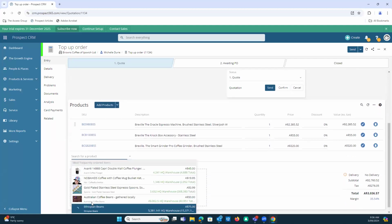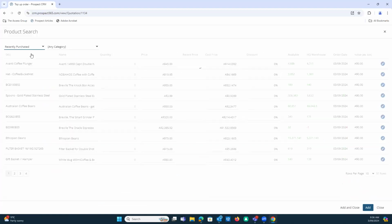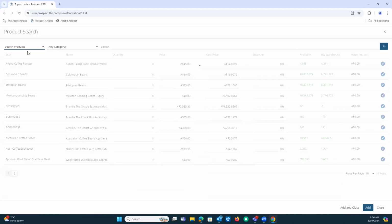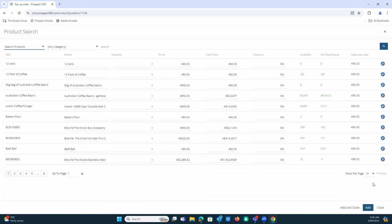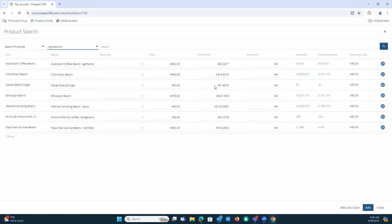And we do have another global search, which if you come and hit the search section, we give you the list of all the top products. You can either go in and choose the recently purchased items or any category, or you can go in and hit the search product. You've got close to 71 SKUs here with any category. And if you're on rep mode, you can go into the company. You can just look at the ingredients. Okay, let's look at all the ingredients. Let's say you want 10 units of the Colombian one and the Australian one, hit add,